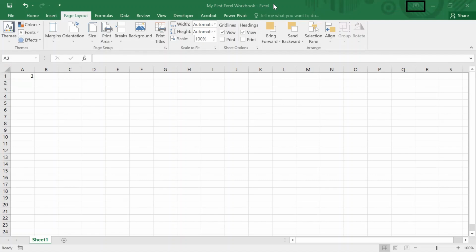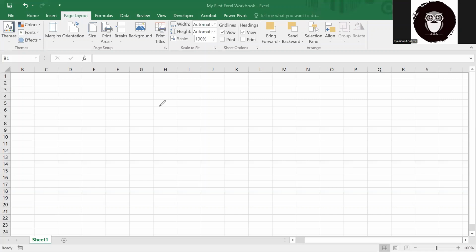Now let's come to the sheet part, which is below the ribbon. Now let's understand the sheet part which is available in Excel. Let's type something. Now the sheet is a set of rows and columns. We need to understand that. So these are columns, the A, B, C, D part. So let me highlight it so that you understand it.